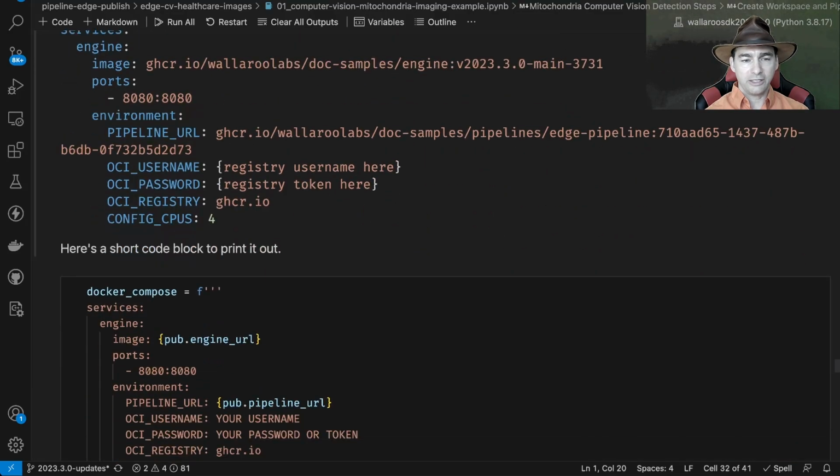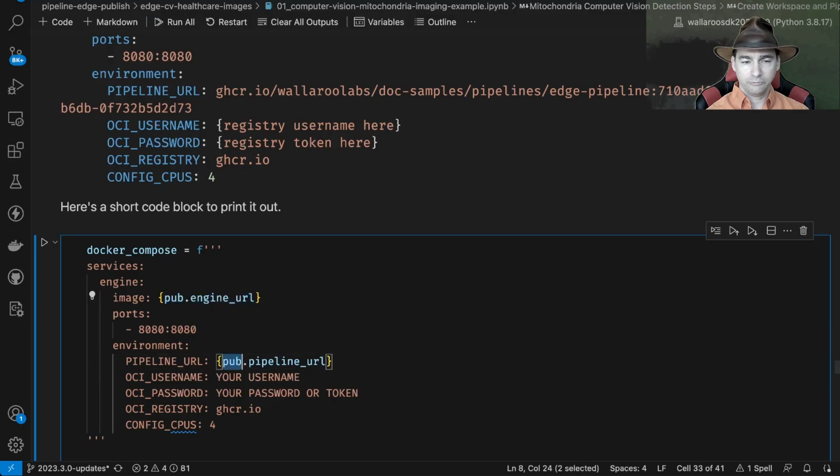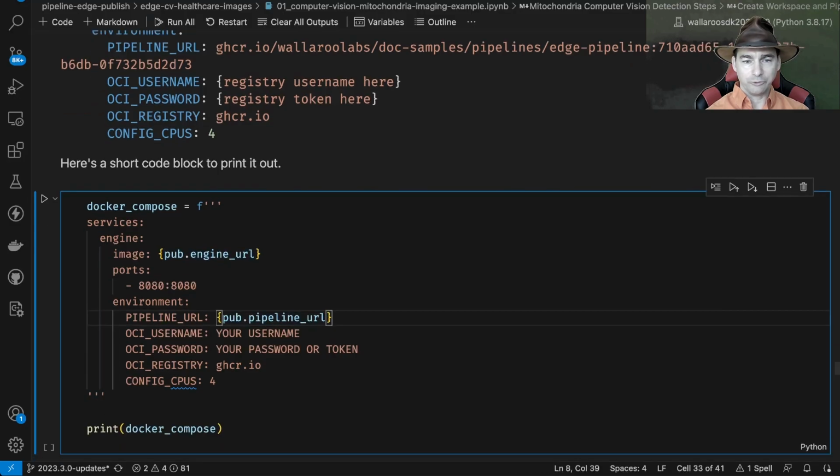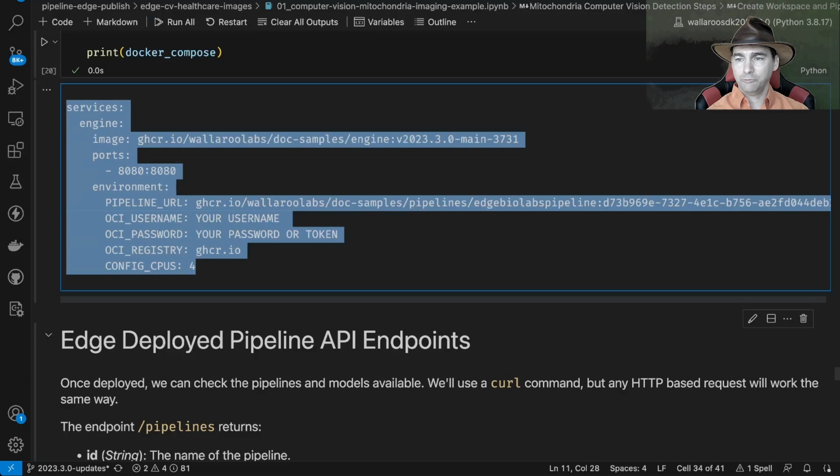This is going to take the engine URL that we got from our published pipeline earlier and the pipeline URL, which is what I actually need. I'm going to have it with 4 CPUs, and then I'm going to be adding in my OCI registry information from there. So let's go ahead and grab that. So that's how that looks. If you give me a moment, I'm going to go and add that into my